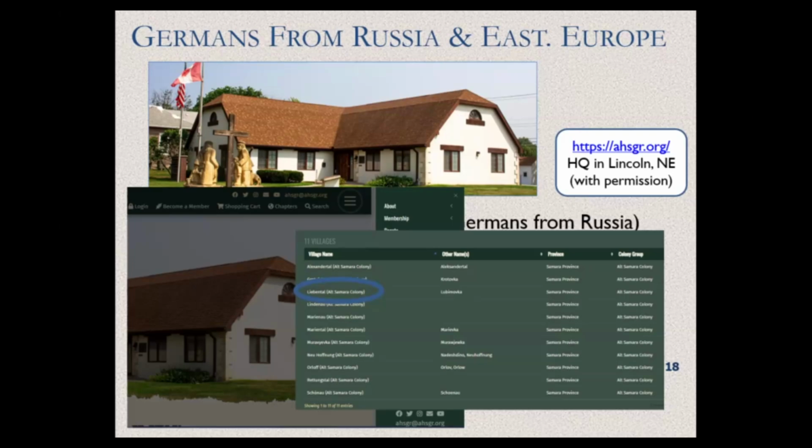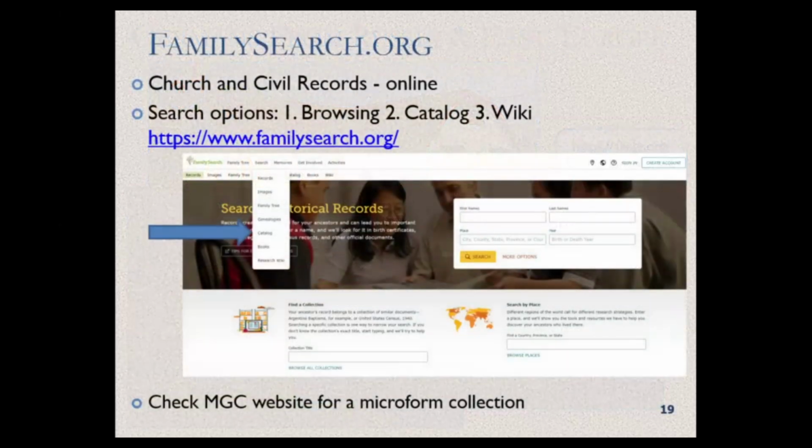You cannot find them on the map anymore under Liebenthal. But isn't that beautiful? Liebenthal, like Liebe is love, something really lovely, and Tal like valley. And you can see it was in the Old Samara colony, but you also see that now it is, I believe, Lubimovka, that it gives you that current name.